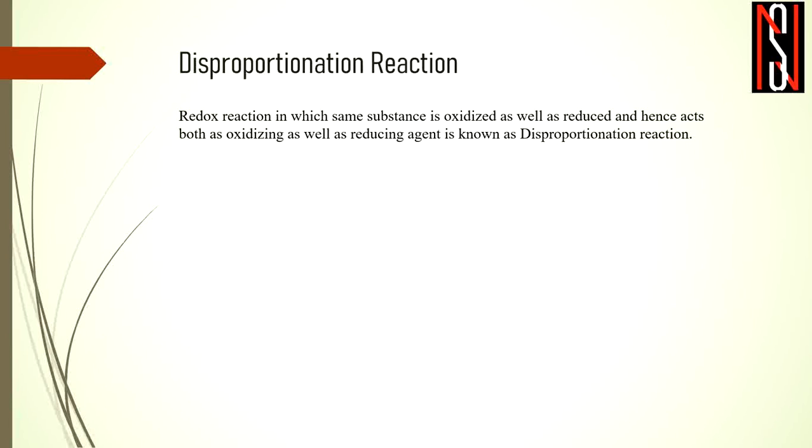So first I will just explain to you what is basically the oxidizing and reducing agent. What is the reducing agent? Reducing agent means that which reduces something, or actually it has the property to reduce other substances. And what is the oxidizing agent? Oxidizing agent means that it has the property to oxidize other substances, and reducing agent means it has the property to reduce other substances. So that means